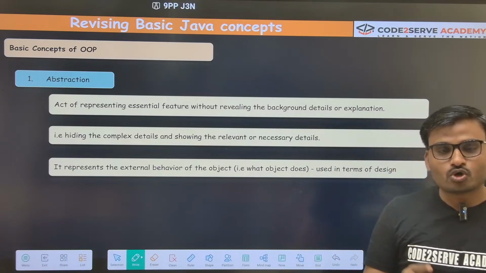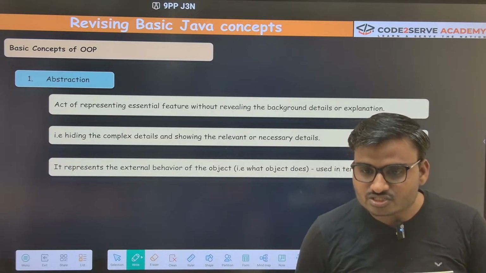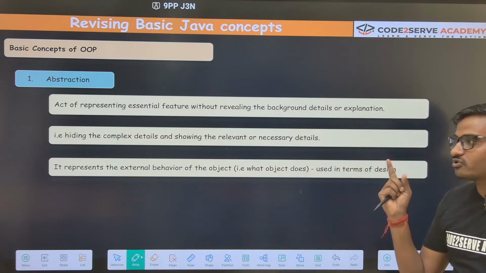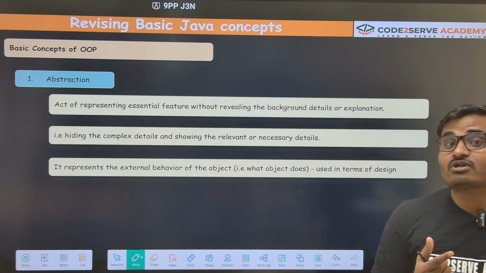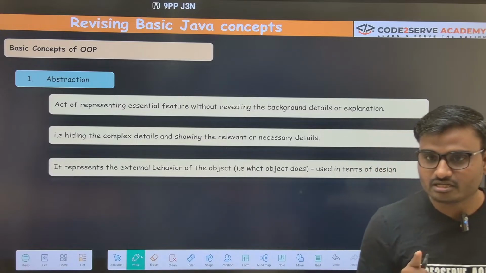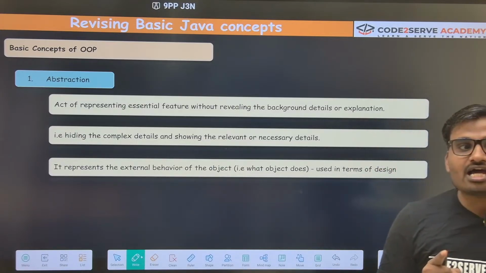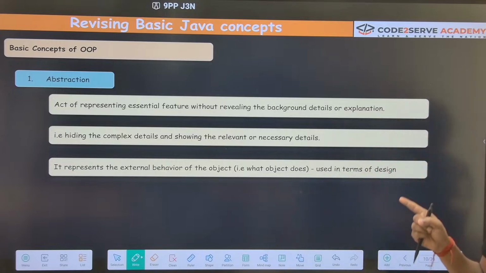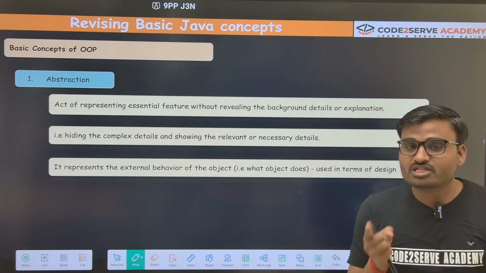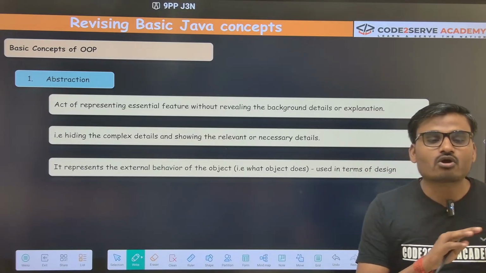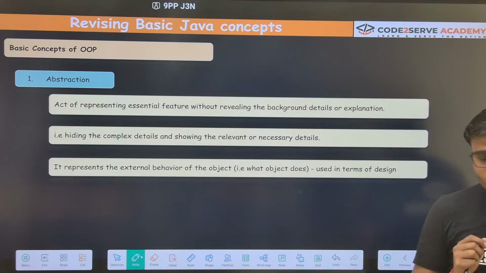Got my point? So if you are asked what is abstraction, you have to say this: the act of representing the essential feature, right? We are showing only the essential feature that is required, and we are just hiding the background details, meaning what is not required we are not showing to the user. Got it?